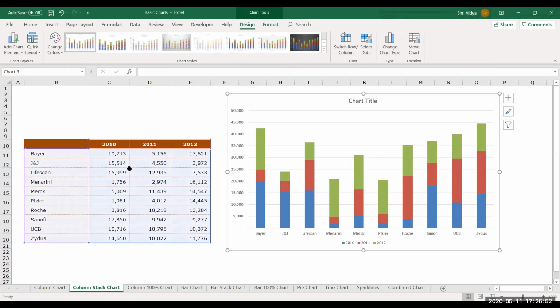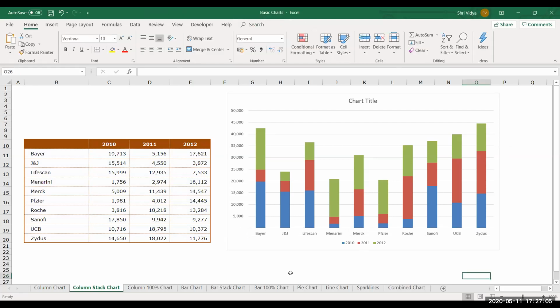So now I can say among all these companies, Zydus is doing very well. It has emerged the most competent one. So the competitor for Zydus would be Bayer. But again, if you compare with Zydus, Bayer is not consistent in its sales. 2010 it was really good. It was at its peak. Again 2011 it dropped drastically. Again 2011 they started off. But Zydus, you can see it is quite consistent in its sales. It's going at the same pace.